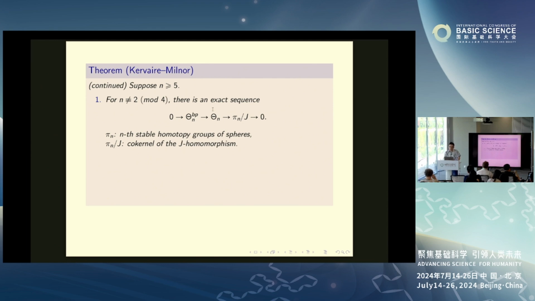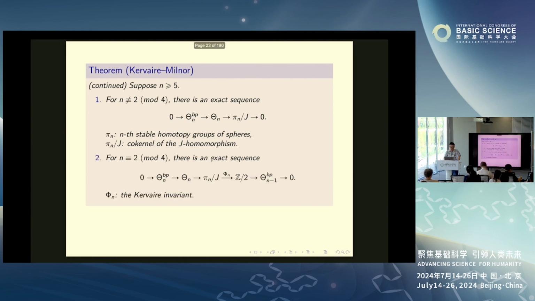So in summary, wanting to know how many smooth structures there are on the n-sphere, we already know the order of the subgroup, and then they reduce this question into a computation in algebraic topology. So this is what happens when n is not congruent to 2 mod 4. When n is congruent to 2 mod 4, it's slightly more